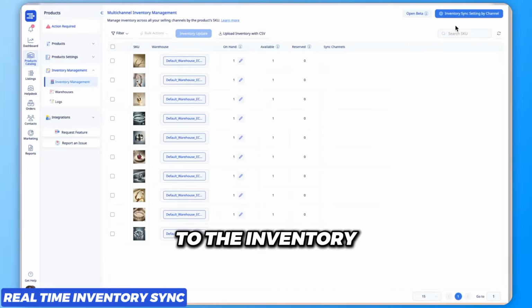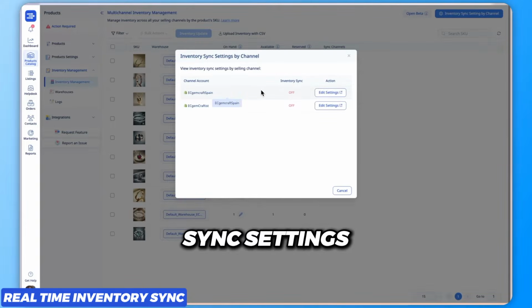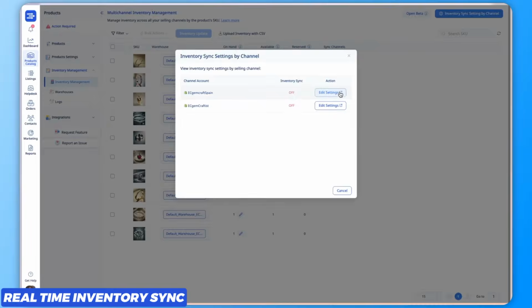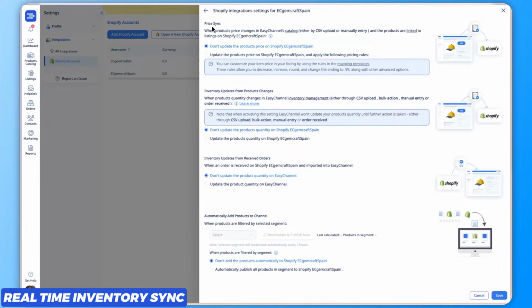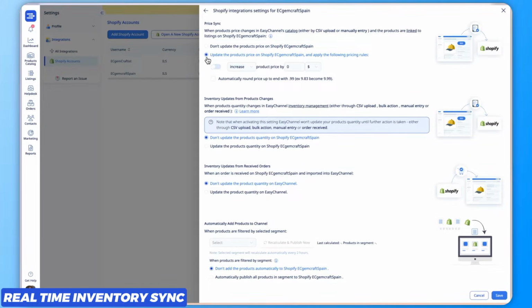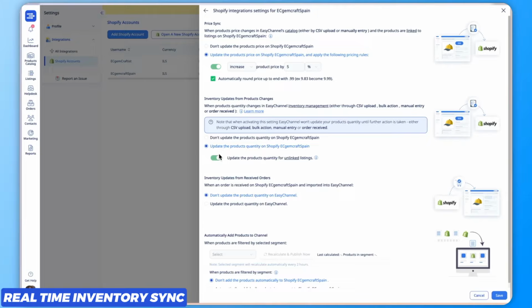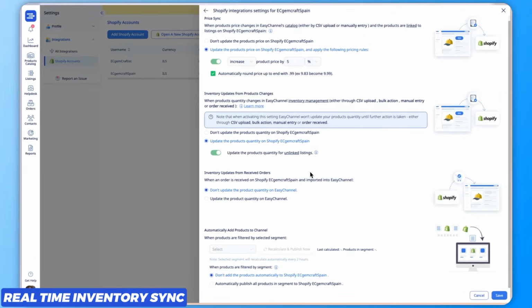Next, we head to the Inventory Sync settings. After selecting your store, you'll see 4 types of synchronization. Price synchronization allows syncing prices between EasyChannel and Shopify, with options for custom pricing, including increases, multipliers, or automatic rounding to 0.99. Inventory synchronization updates changes from inventory updates in the EasyChannel catalog to other channels, ensuring dynamic catalog updates stay